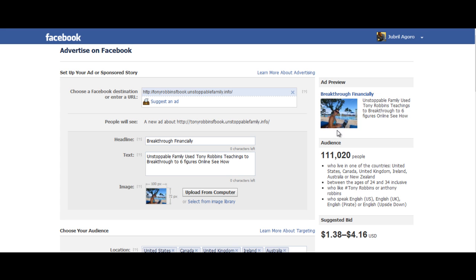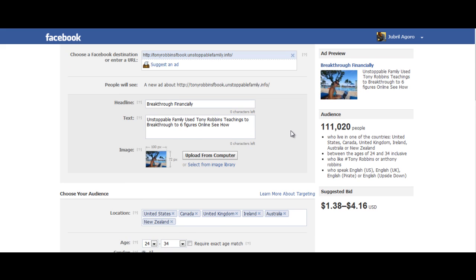So I use a picture here of Rhonda, who is one third of the Unstoppable Family, and it's a picture of her in Fiji on the laptop. Nice background at the resort, so I thought it represented it well, and it's nice bright colors. Sometimes I'd put a red border around it to make it stand out a little more, but I was like, okay, I think that's fine. This is an ad preview of it, and I'm going to see how that runs.